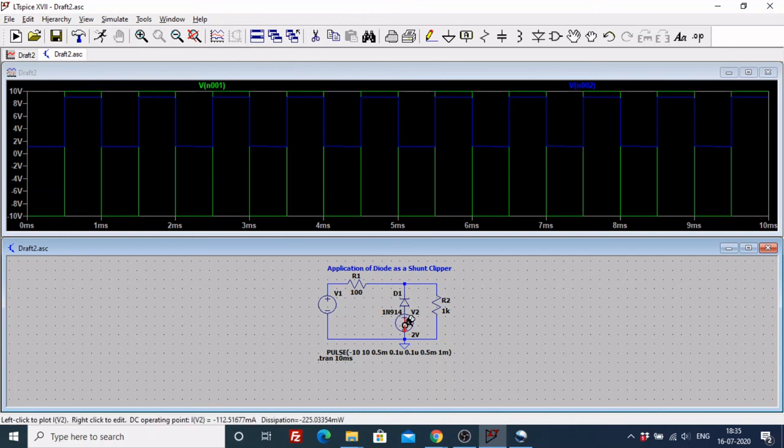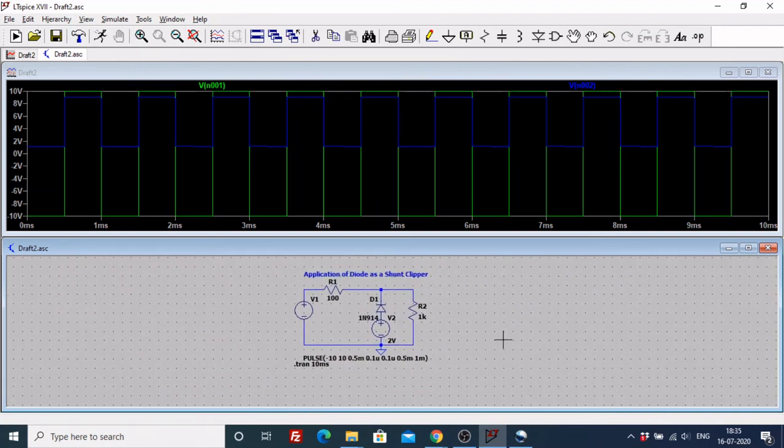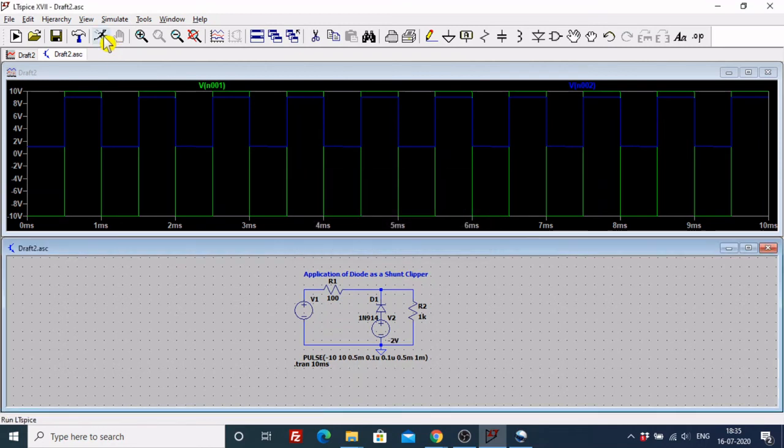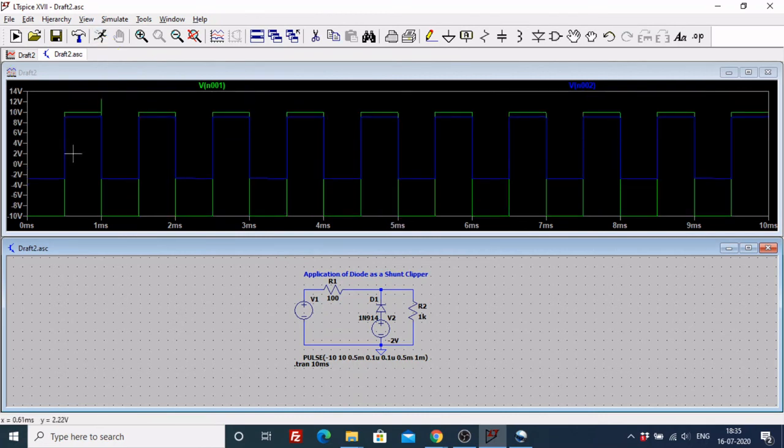What will happen if I turn this battery? So again you come back here, hover over your battery and change the value to minus 2 volts. Click on OK and run your circuit. So now if you see, the signal has started below 0 and you calculate the total 0 to peak value, this will be a total of 12 volts, that is Vm plus 2 volts that is available over here. This is how you see it in a square wave. You want to do the same thing, you can use a sine wave as well to see how exactly this clipper works. So this is the working of a shunt clipper.